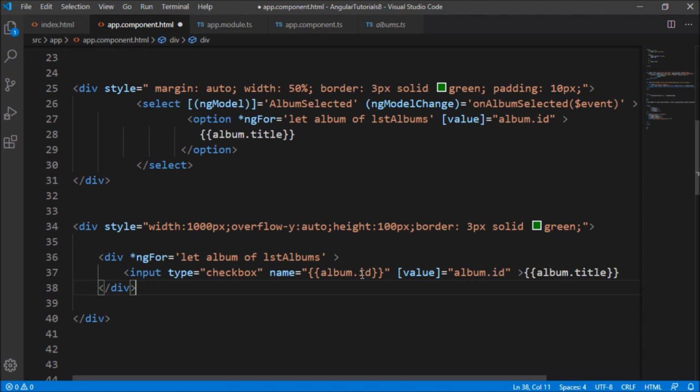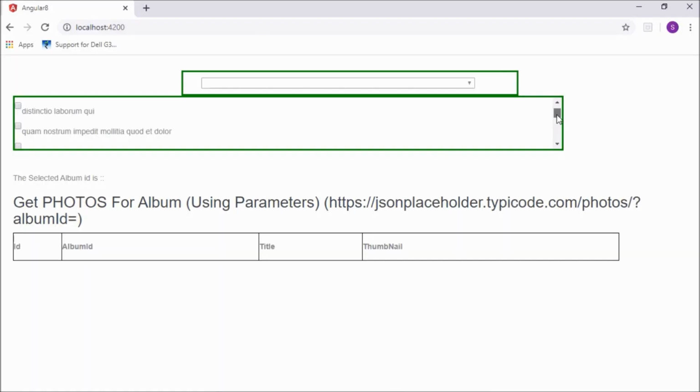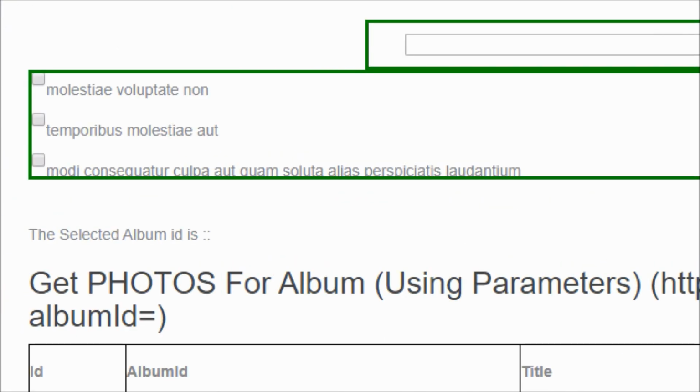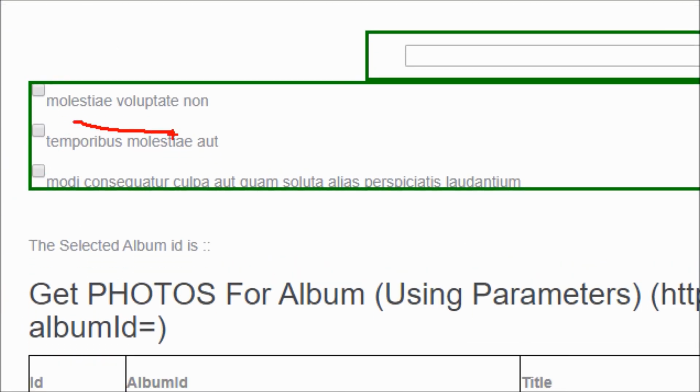We are binding the album.id as value, and for text we are binding the title. So let's run this and see. You can see here we have a multiple checkbox list, with the same data which we used for binding the select list.